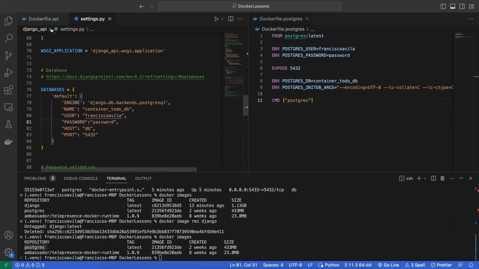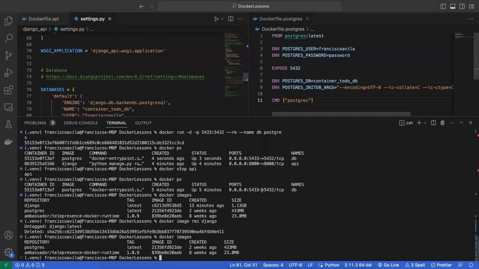Awesome. All right, so now let's actually build our Docker image one more time. But now when we build it, we're actually going to link it to Postgres. So this command is going to get a little hefty. So let's go ahead and follow the regular procedure that we have so far. So we're going to run this. Oh, I got to build the image first. I apologize. So Docker build